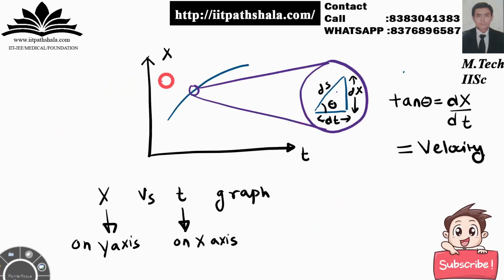Now, as I've shown you, this is my x versus t curve over here. This is denoting my displacement, this is denoting my time. So this is my position versus time curve. Instead of the y-axis, I have taken displacement as my y-axis, and instead of the x-axis, I am taking time as my x-axis. Fine with that? Now you have to find the slope of the following arbitrary function over here. Now let us go step by step.